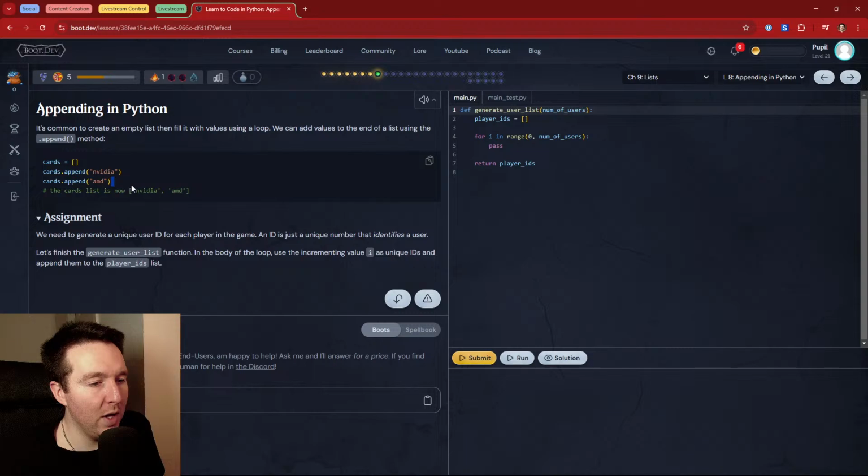So append. We need to generate a unique user ID for each player in the game. An ID is just a unique number that identifies the user. Let's finish the generate user list function. In the body of the loop, use the incrementing I value as unique IDs and append them to the player IDs. So